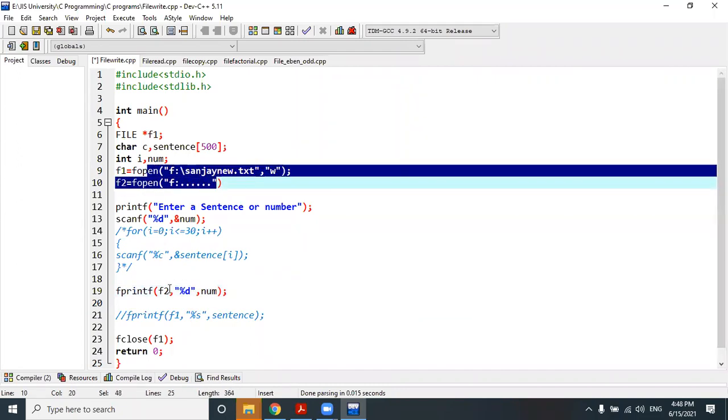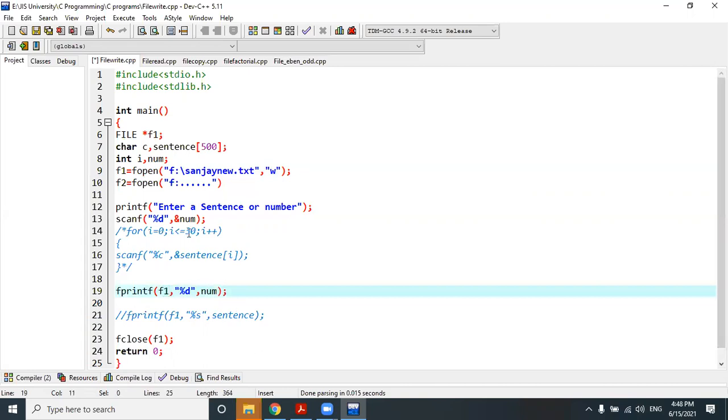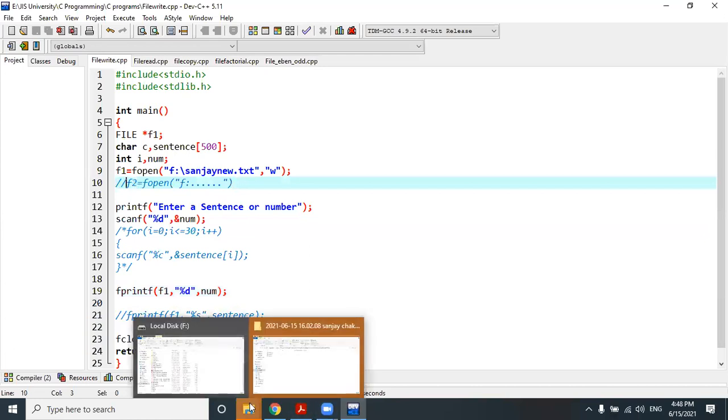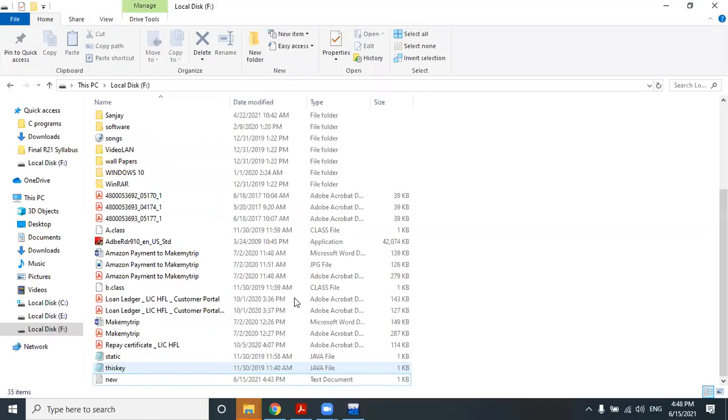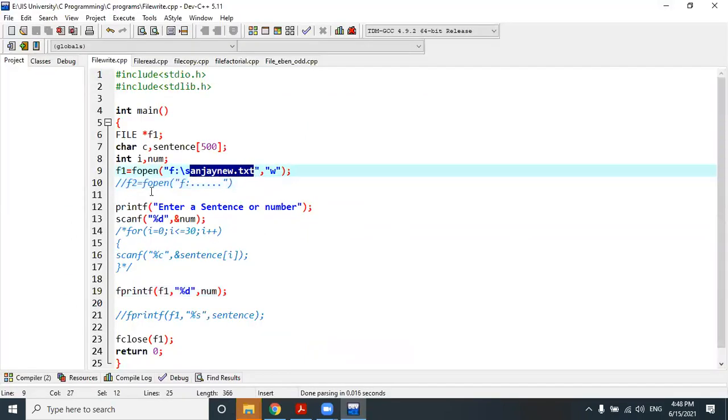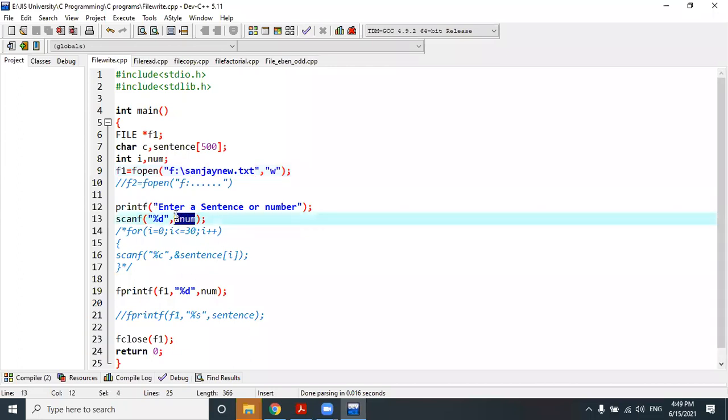So that's why this file pointer will play a very important role, because while you write something, it will create a blank file with this name Sanjaynew.txt, and the file pointer f1 points to the starting byte or the starting address of that file, where you have written the value of the num variable inside that file.